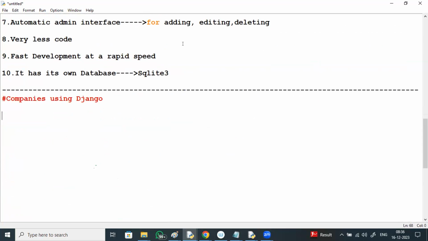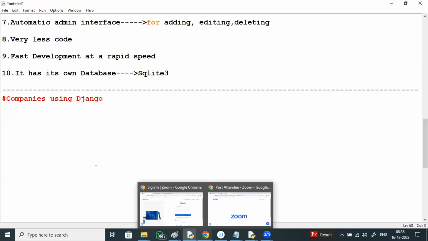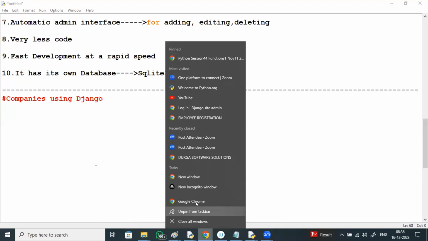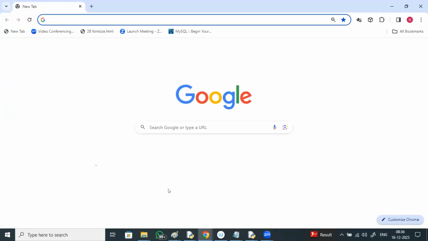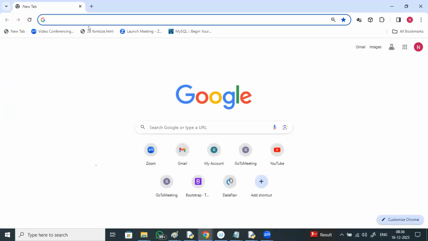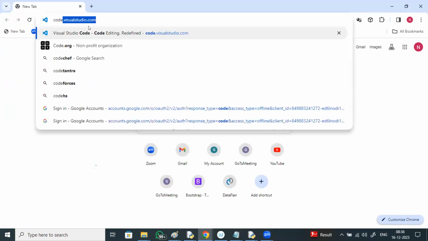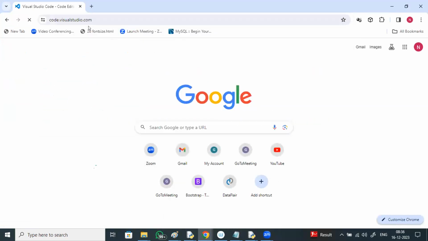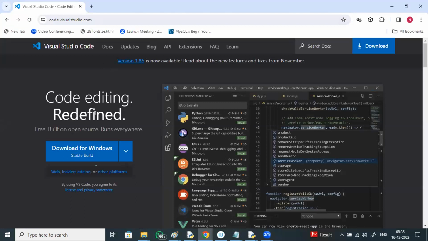Before I show you an application after this, try to download this IDE, if you want to work in parallel along with me. Go to code.visualstudio.com, everyone, download it and install it with a normal installation.